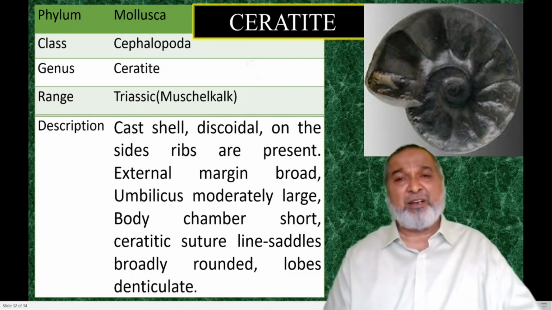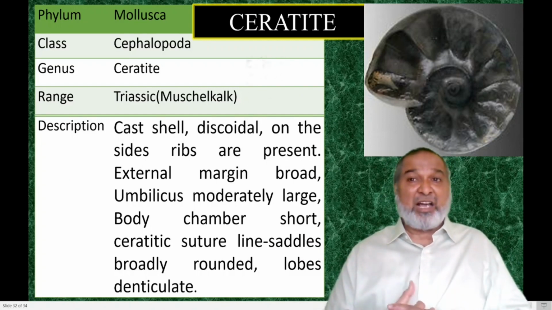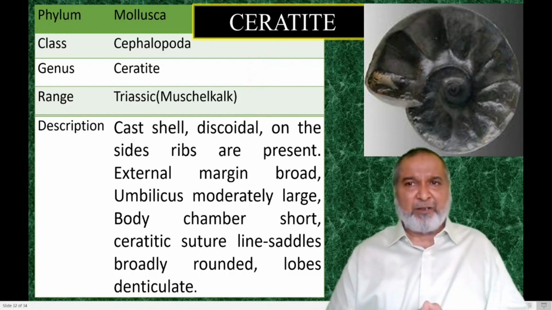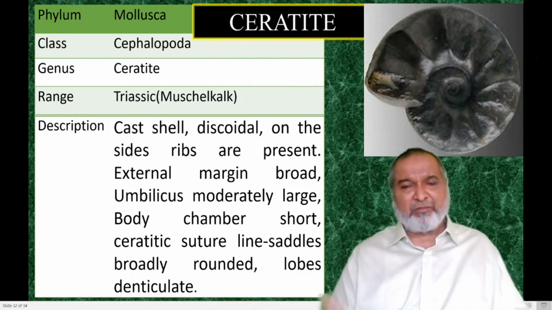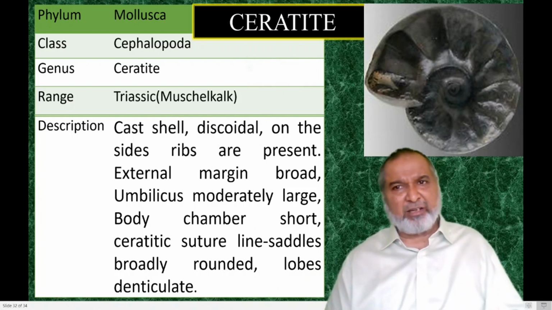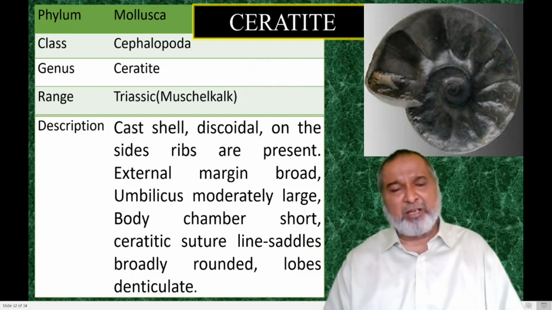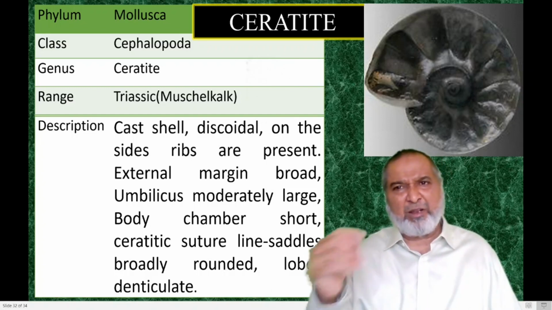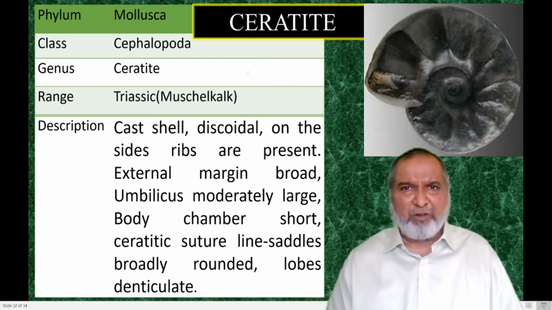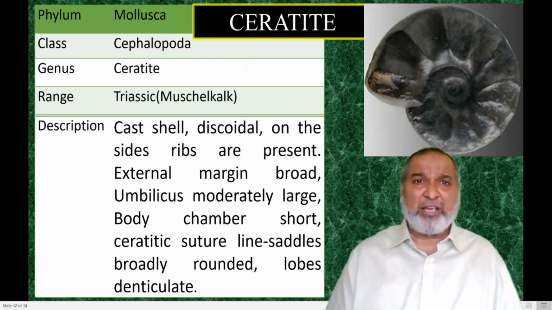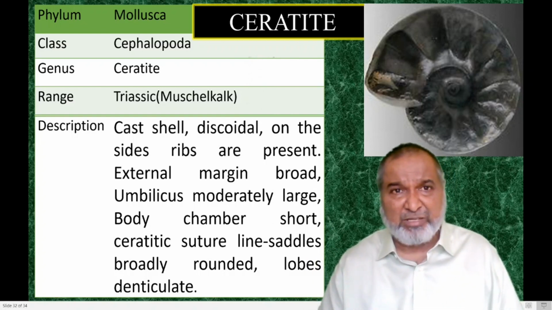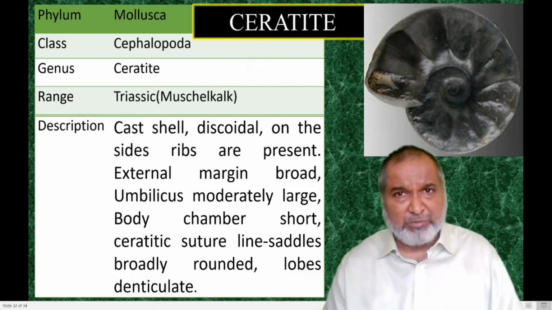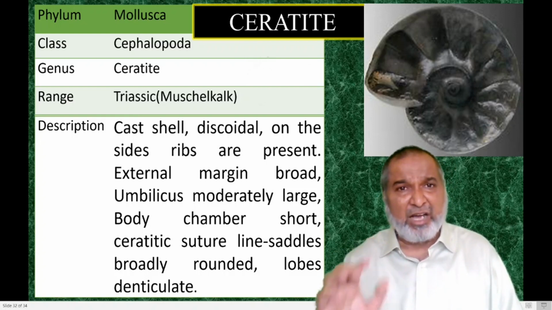Yes, this is the first one, Ceratite. This is a cast fossil. Yes, we don't have the fossil, so with clay we prepared it. The mold is there, which the vendor has. Those who make this particular fossil have the mold. In that mold, they put the clay, press it out, take it out, and after that they color it, and whatever the morphology is, they draw it, and with that we get the cast. So this is the cast one, Ceratite. Whatever the specimen is there in our lab, it is a cast.